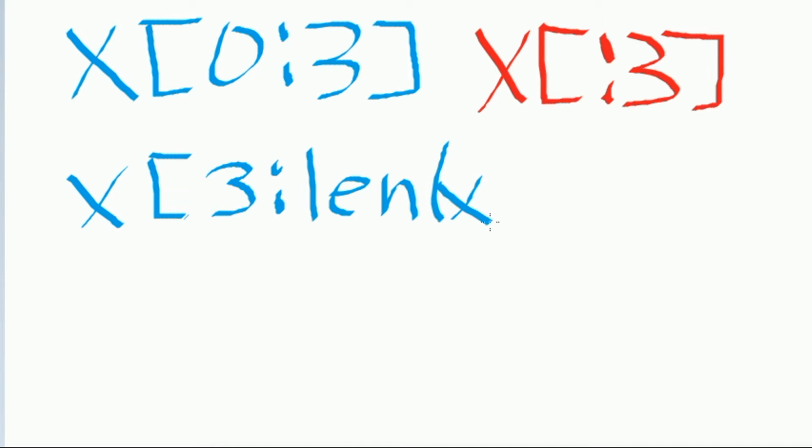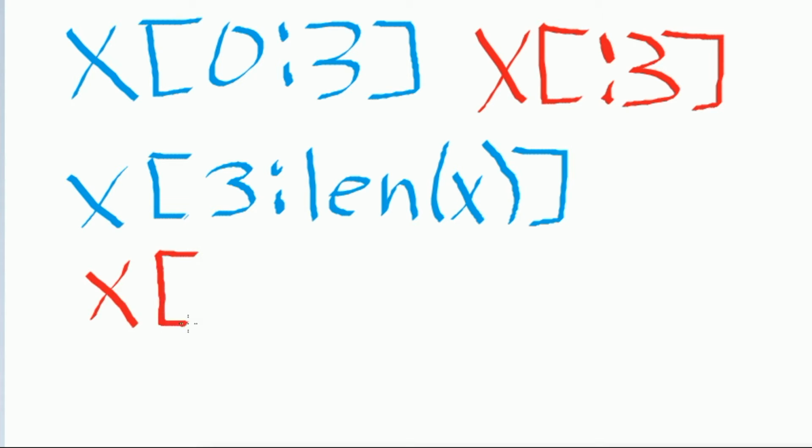Also, if you wanted to go from 3 up until the very end of the list, or length of x, you could put x[3:] and just leave it like that. You are not required to put length of x after the colon because it will automatically go till the end